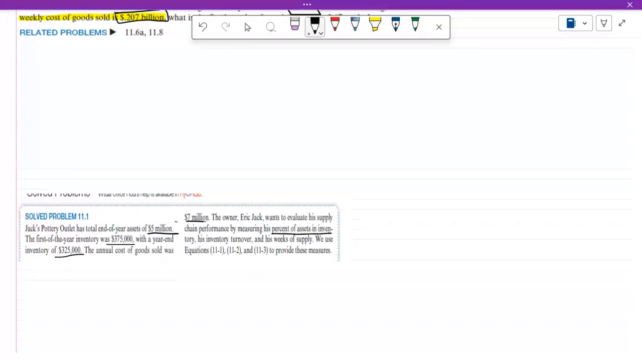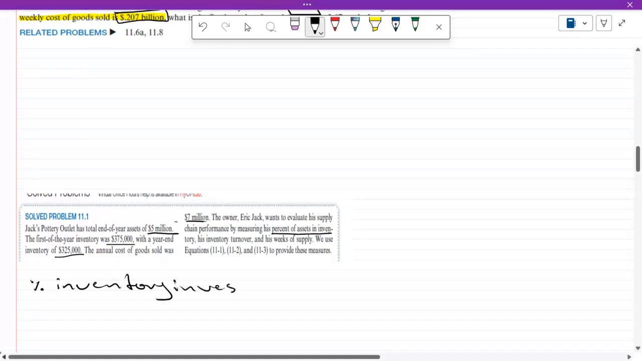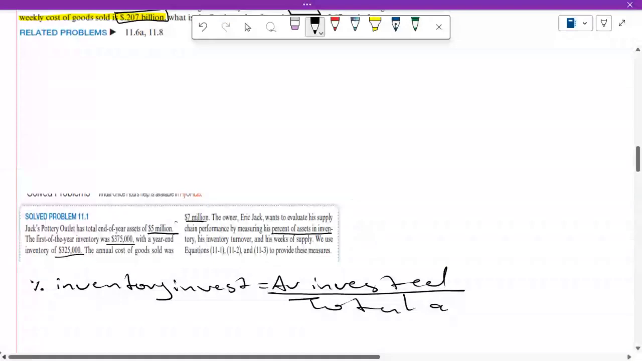Okay, so number one, percent of inventory invested, which is equal to average inventory invested over total assets, which is equal to